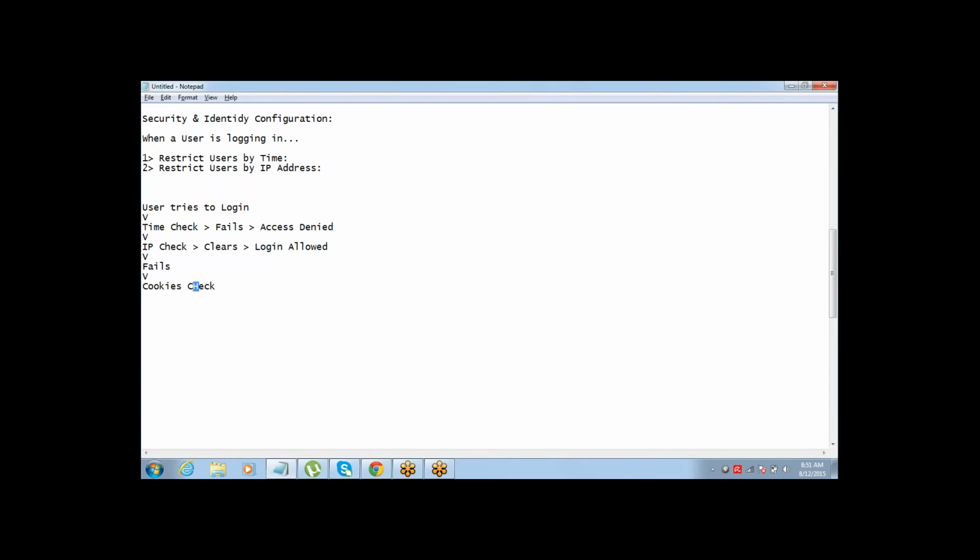What is this cookies check? It will check in your browsing history whether you are trying to log in from that particular IP address for a second time. Have you already logged in from that IP address? It will check it in the cookies browsing history. If this gets cleared, then login is allowed. But even if this also fails,